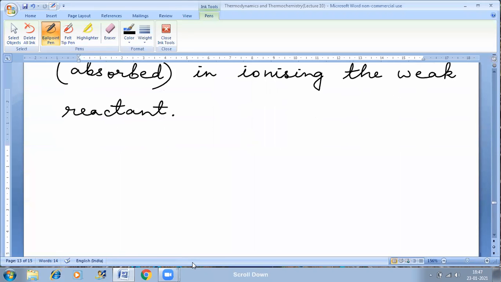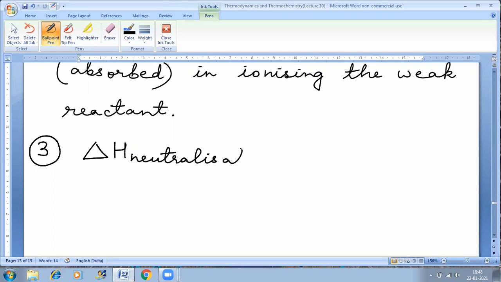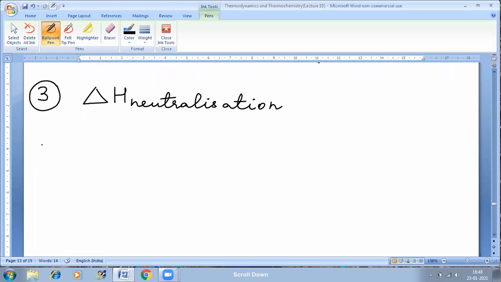Now, third point. नोट का ही थर्ड पॉइंट है. क्या है थर्ड पॉइंट? डेल्टा एच न्यूट्रलाइजेशन. अभी आ रहा है आपका फॉर्मूला. ये बुक में अवेलेबल इस तरीके से नहीं है, मैं इसको आसान करने के लिए ऐसे दे रहा हूँ. सो फॉलो दिस. थोड़ा स्टोइकियोमेट्री आएगा इसमें. सो डेल्टा एच न्यूट्रलाइजेशन इज इक्वल टू